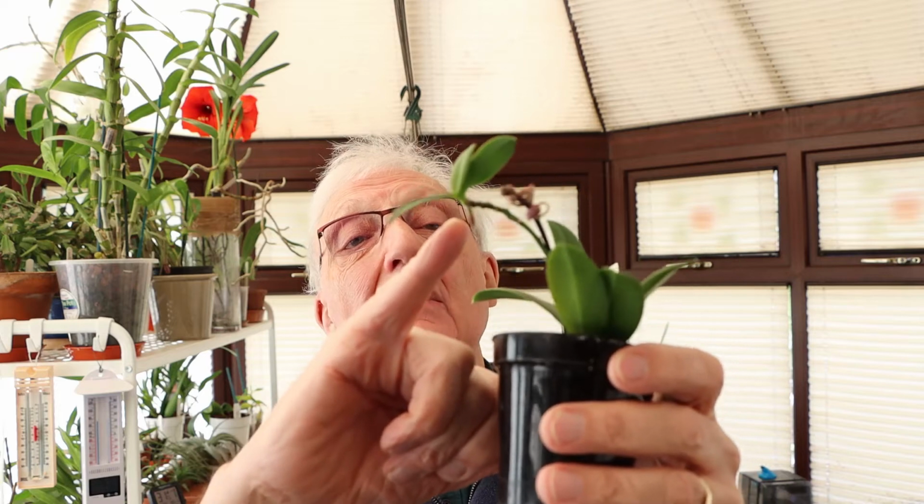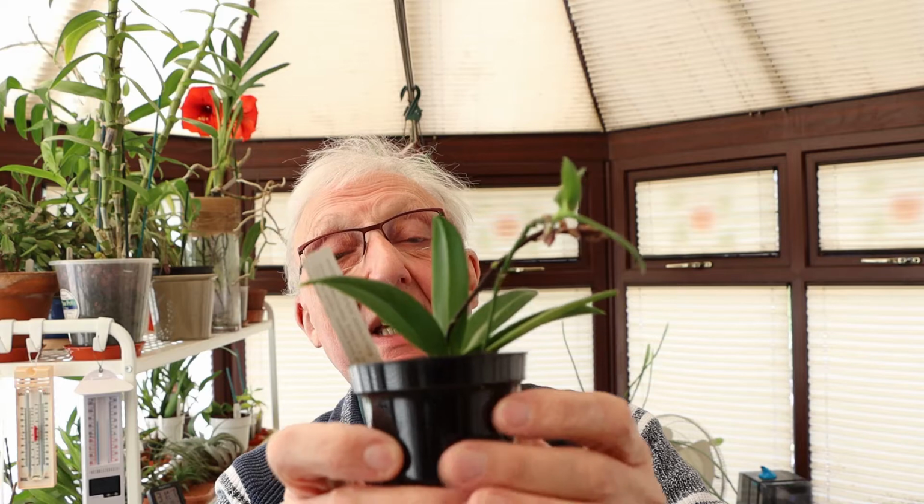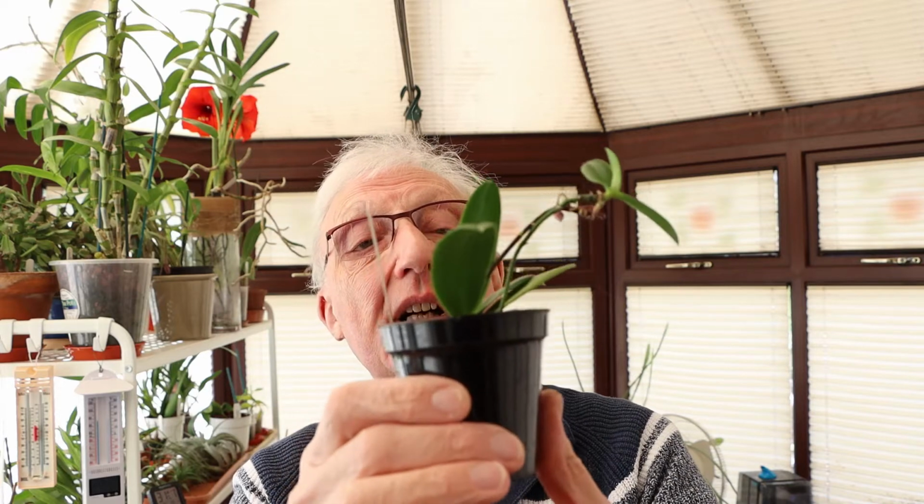This terminal keiki and the mother plant have both put an extra leaf out, and now in the last week or so this is starting to put a root out. Now whether one root will be enough, whether it'll put some more roots out, I don't know, but very clearly this is quite happy. It has been repotted in the interim, you can see that on the channel,